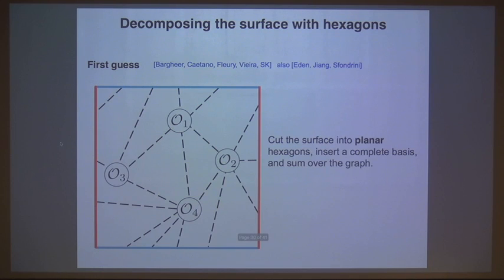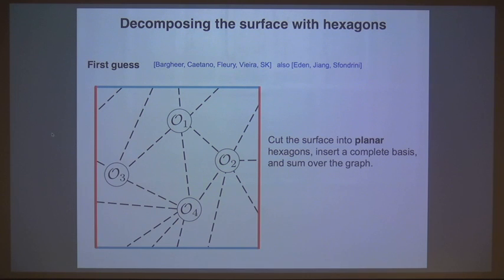And let us be more specific. So to be more specific, let's consider the 4-point function on a torus. So if you identify this edge and this edge and this edge and this edge, this diagram describes the 4-point function on a torus. And this gives one way of decomposing this 4-point function on a torus into hexagons. Or this is a kind of triangulation of the 4-punctured torus.